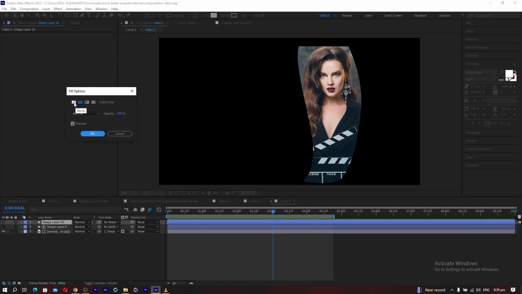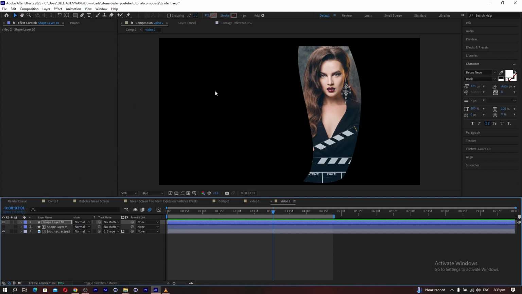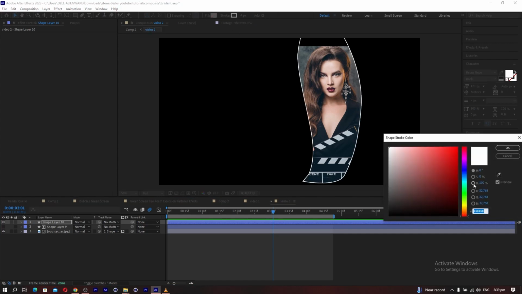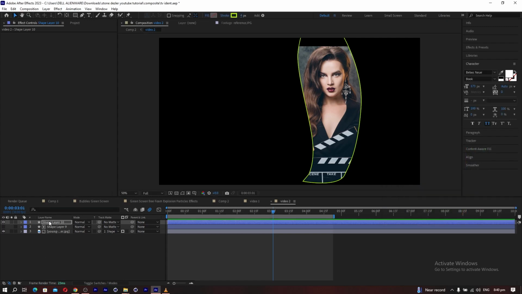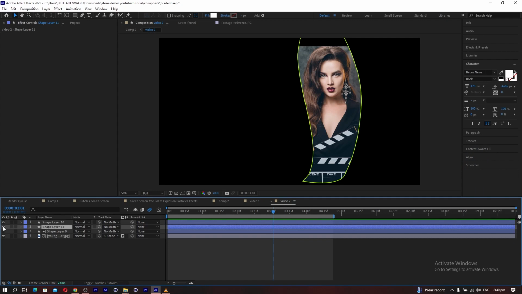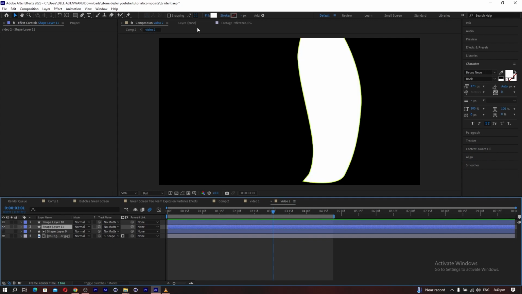Bring it on, and maybe make the stroke 4 and turn this to like a green. And duplicate this layer, bring it on,